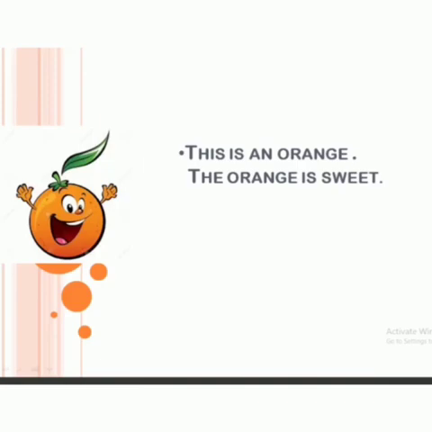So what you have noticed in these two examples? First one, flower. Before flower, we put A because F is consonant. For that, we have placed A. And here, an orange. O is vowel. So, we have placed here an. So, you have understood from these examples that before consonant, we will have to put A, and before the vowel sounds, we will have to put an.